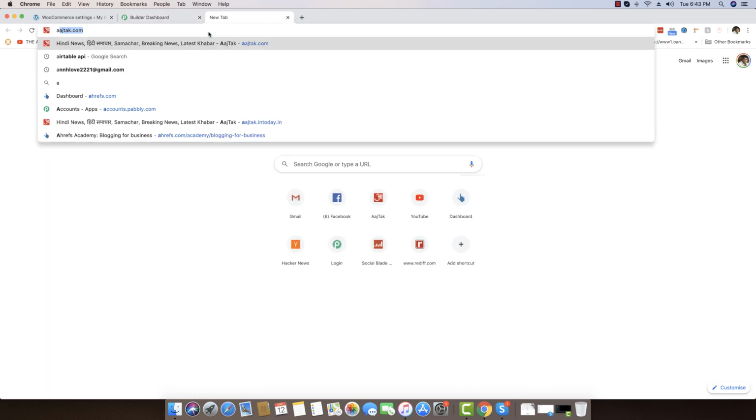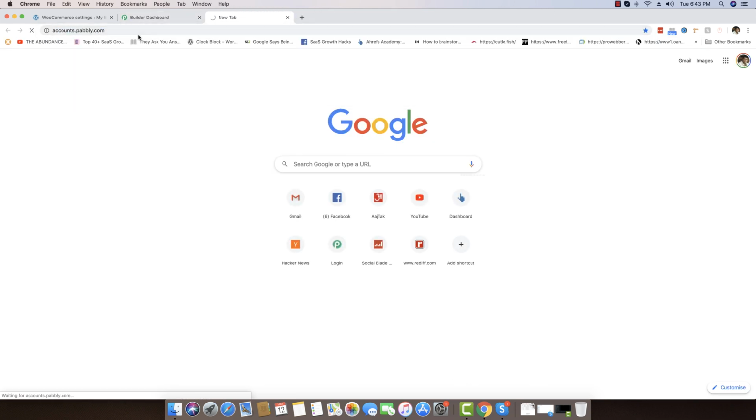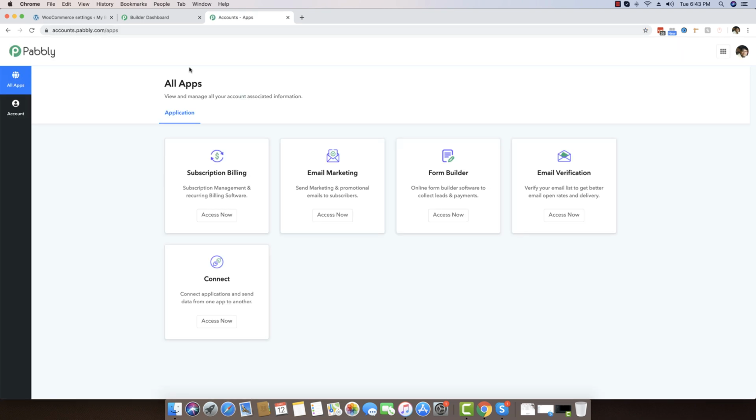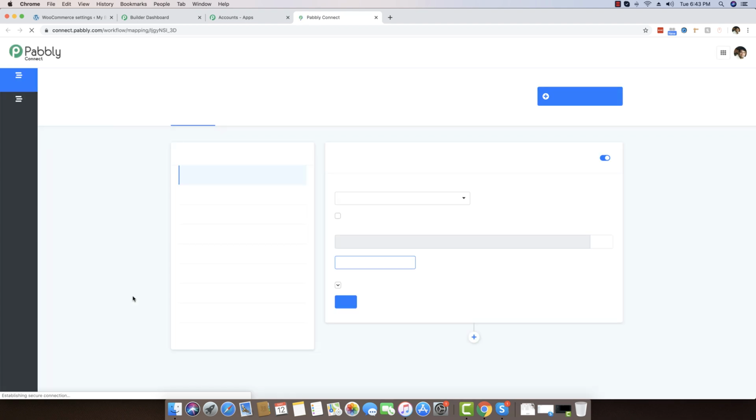Now what you have to do is go to accounts.pabbly.com. Once you are inside the accounts.pabbly.com dashboard, you will be seeing a bunch of applications right here. The one application that we are concerned with here would be the Connect application, and you have to click on the Access Now button. We will be using our integration application, which is Pabbly Connect, to integrate WooCommerce and Pabbly email marketing